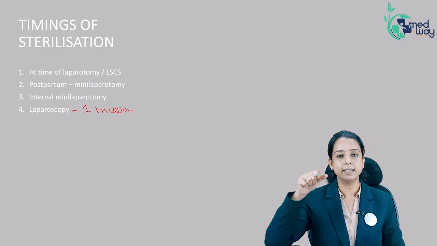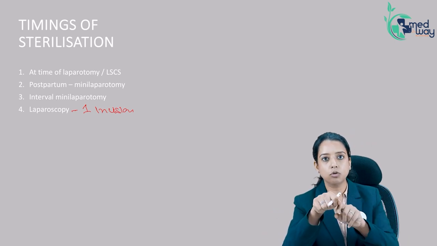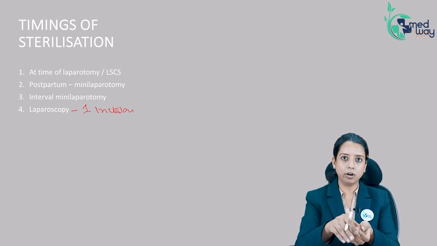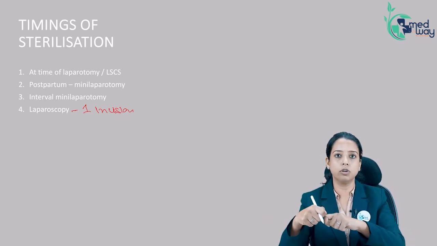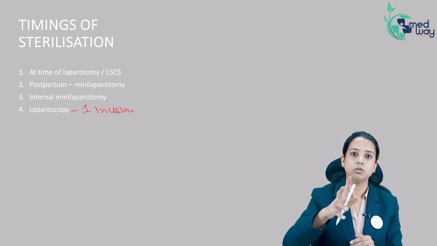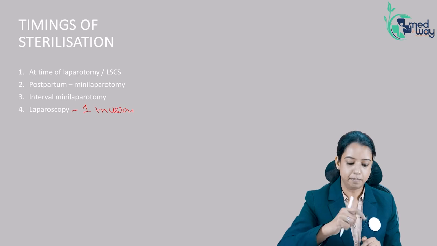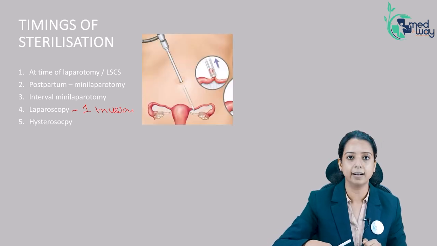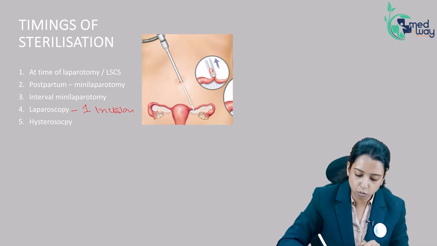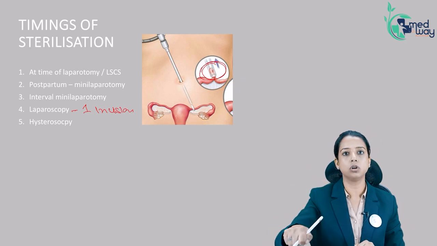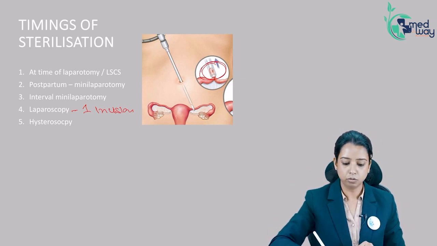The laparoscope that is carrying the camera, the same laparoscope has another hole for carrying the instrument. Since now the tubes are not in your hand, you cannot tie them using your hand as you were doing before. So you have to insert something so that the tube can be occluded. So the method of doing laparoscopy is different. You are using a laparoscope and going inside the abdomen. When you are going towards the tube, you need to have certain clips which can be pushed onto the tube.